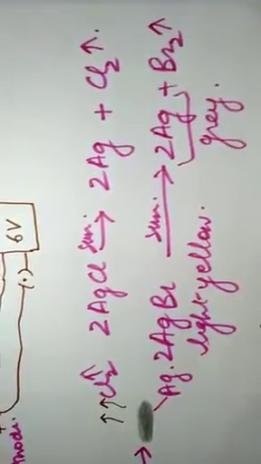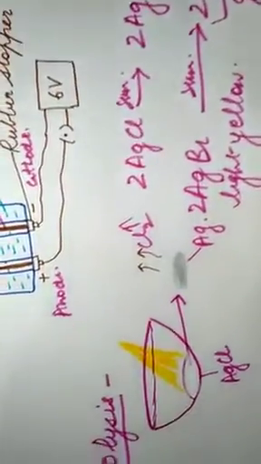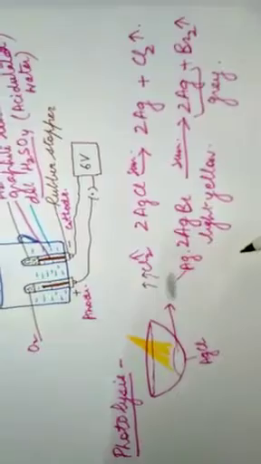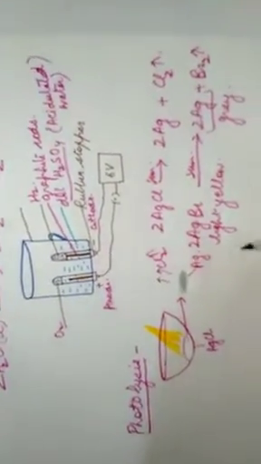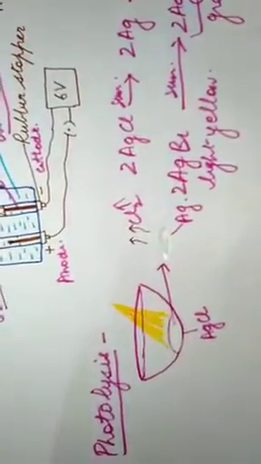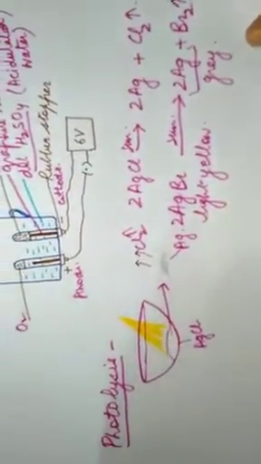So this is known as photolysis, and that's why these silver halides are stored in colored bottles so that they don't decompose. This is also a very common exam question: why are silver halides stored in dark colored bottles? These photolysis reactions are also used in black and white photography. Now I hope you have understood this decomposition reaction.